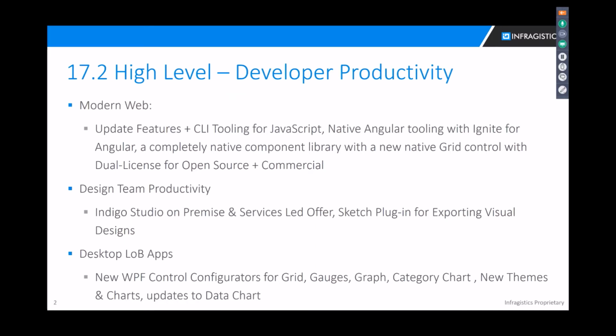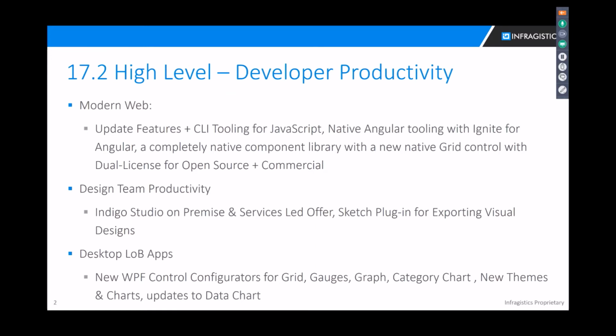And this goes right from the designer, when you think about the visual designer using their tools, to the UX designer using a tool like Indigo Studio, down to the developer using all of the stuff that we ship in Ultimate. There are three areas that we're going to touch on today, and the developer productivity story will be woven throughout the demos, and I think you'll get the idea as we go along,